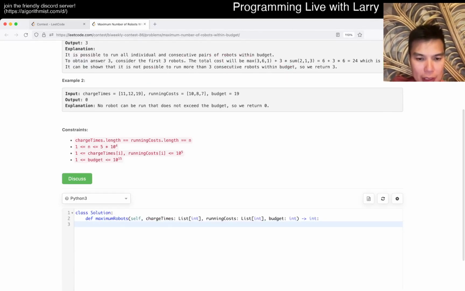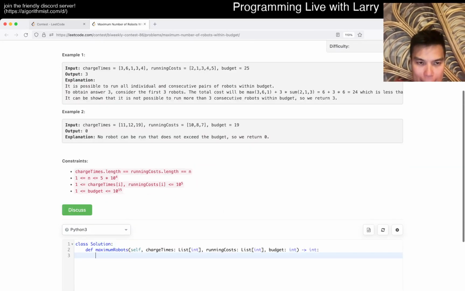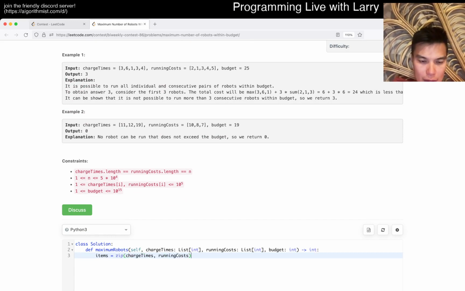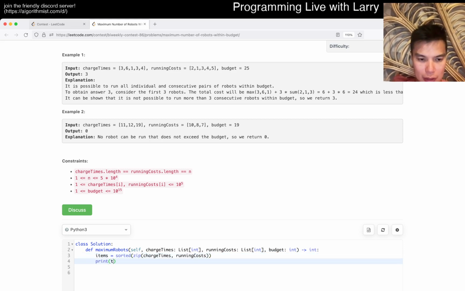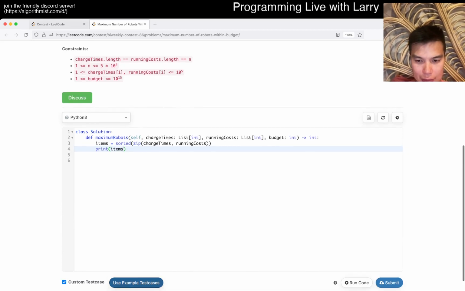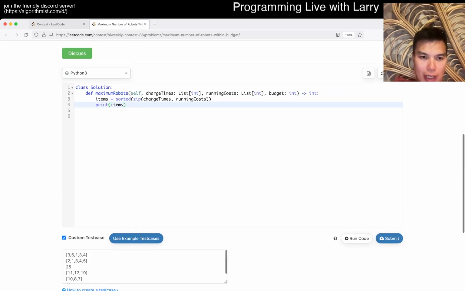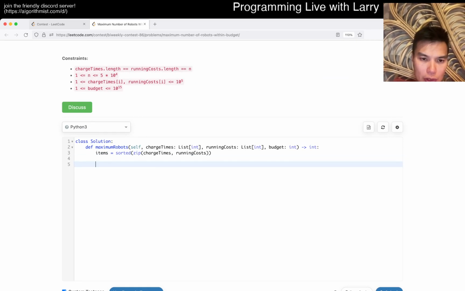Okay, so basically we want to sort by whatever. Right. So then we want to sort this by actually just this, right? I think this is good, maybe. Because basically I want the sorting time to be 1, 3, 3, 2, 3, 4, 4, 5, 6, 1. Okay. So then now what we do is